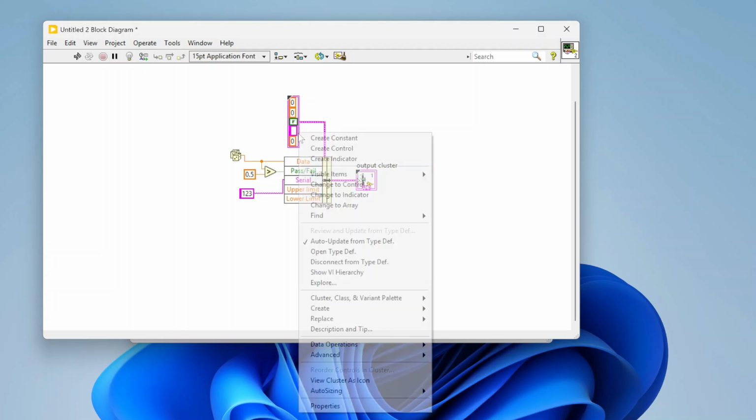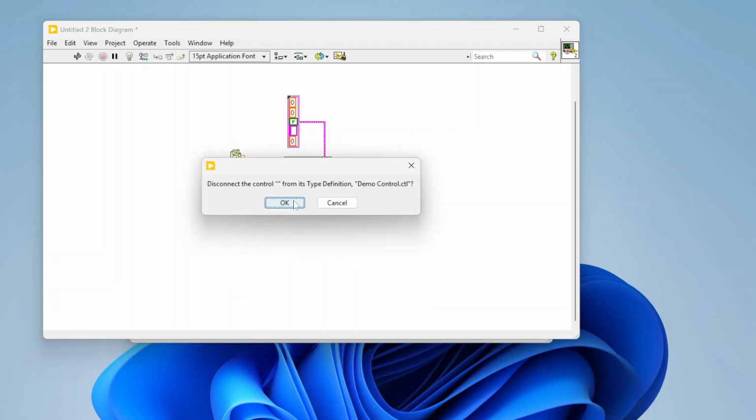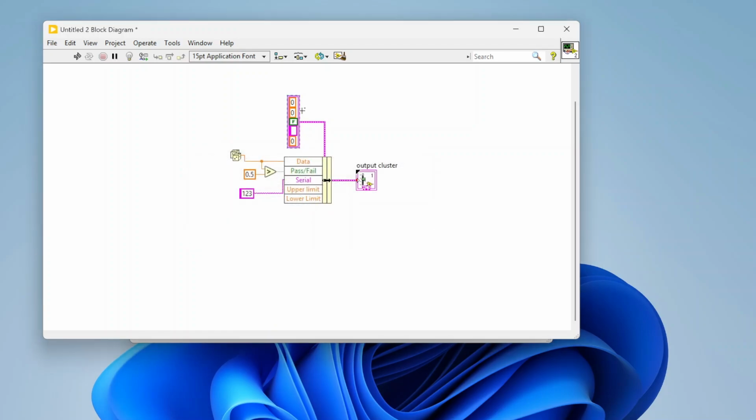One last thing I wanted to show, if you have a cluster that is tied to a type def and you want to remove that, you can just right click on it and click disconnect from type def. And that's just going to turn it back into basically a regular cluster. So it's no longer synced up to that type def, where if I make changes to the type def, it will change here. But yeah, that's basically the crash course on clusters in LabVIEW. Thanks for watching, and I hope that was